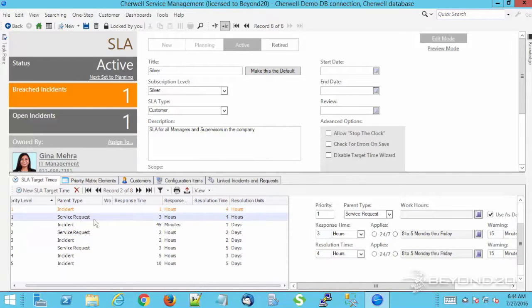Let's take the service request priority 1 SLA and make that 2 hours, and increase the time for the resolve to 5 hours. There is a difference in SLAs between incident and requests, so please be aware of that. So we updated the SLAs for priority 1 in the silver SLA for both incident and